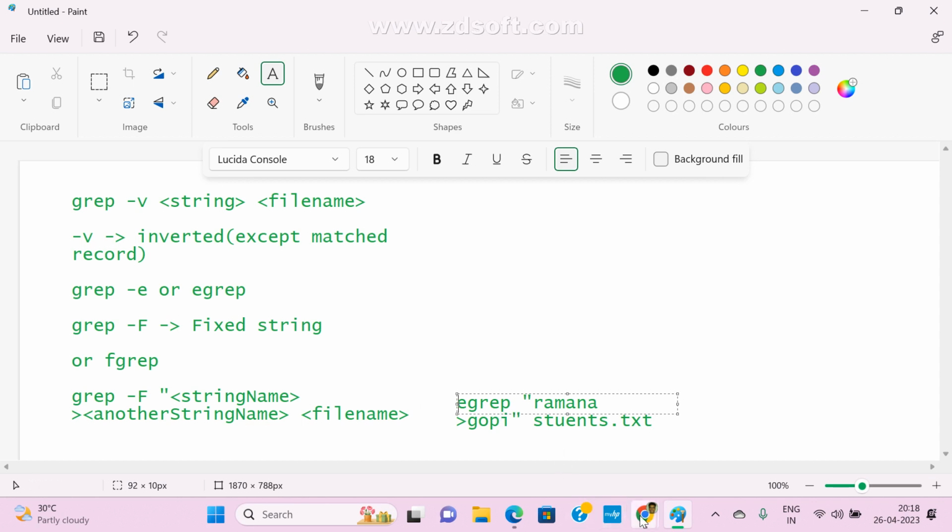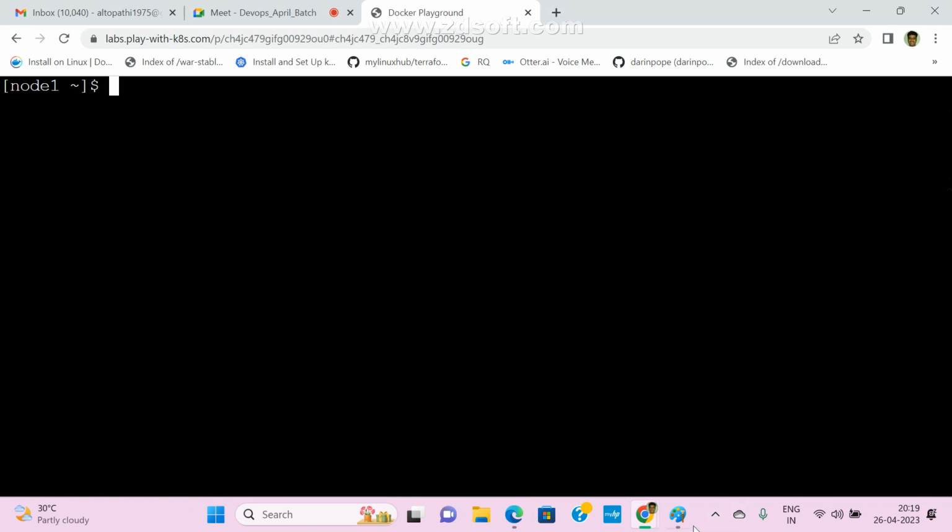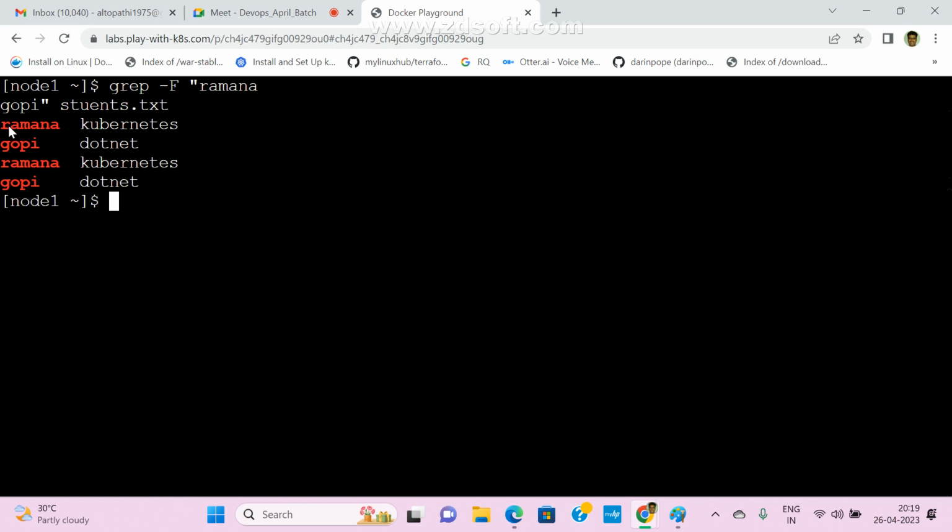Hello, what Shivaji? Anyone any doubt here? No, sir. So both are same only. But here capital F means fixed string. I want to find only that related. Now see here, it is the Ramana record, and it is also coming for Gopi records also. Got it, right?